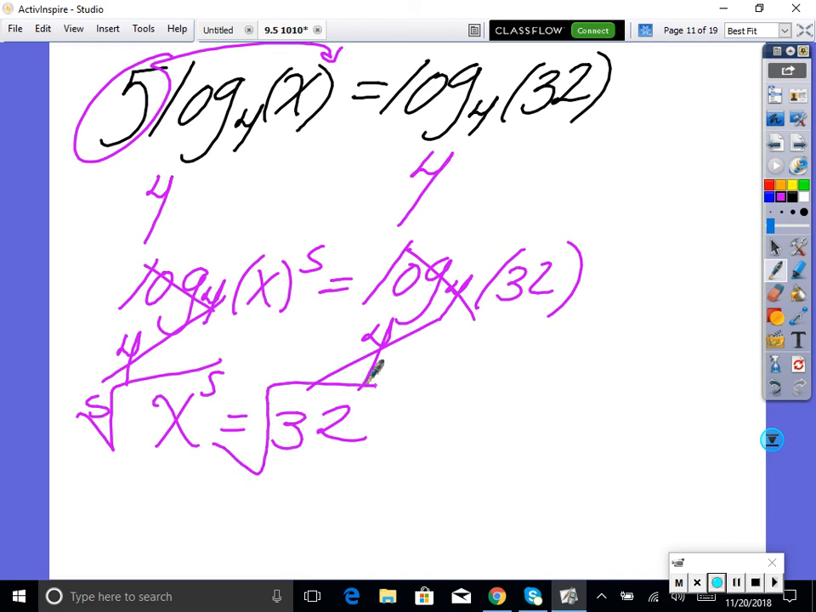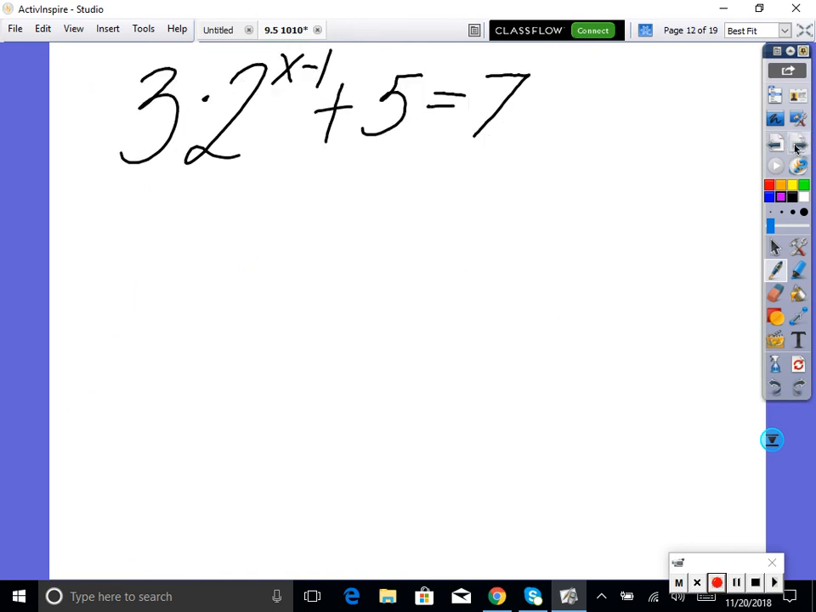5th root both sides. So x is equal to the 5th root of 32. Do we need a plus or minus here? No, we don't. It's 2. Perfect. We don't need a plus or minus. Okay, let's check it. If I plug in 2 inside the logarithm, it's not negative. Okay, great. All right. I think we get the picture, but